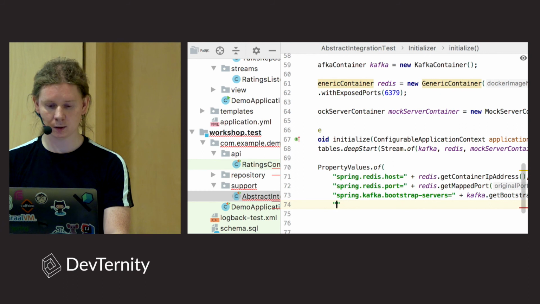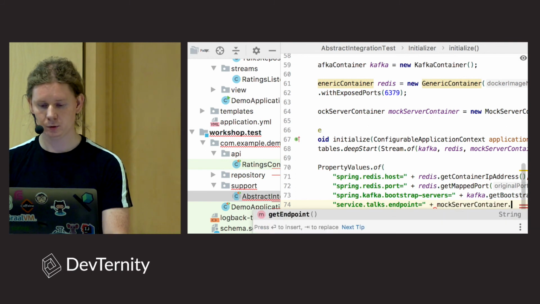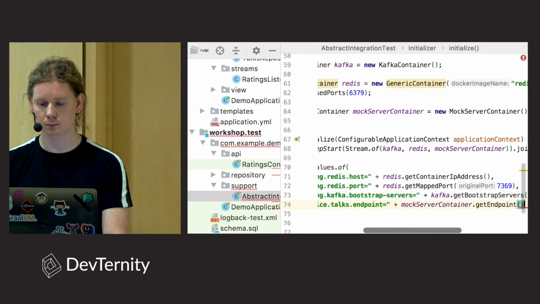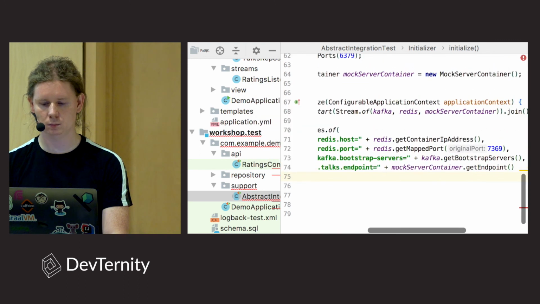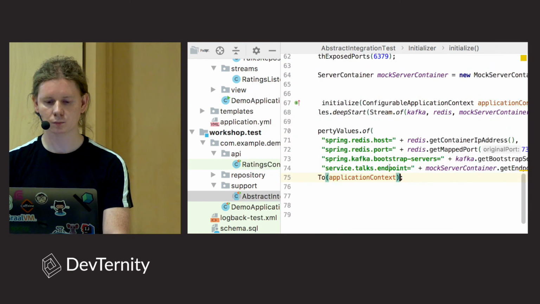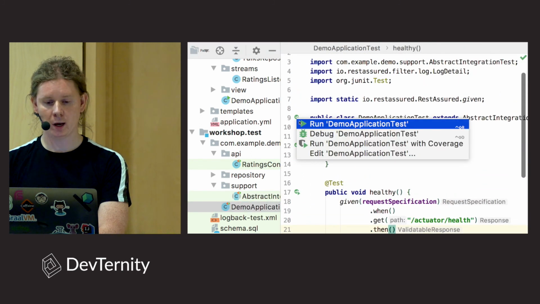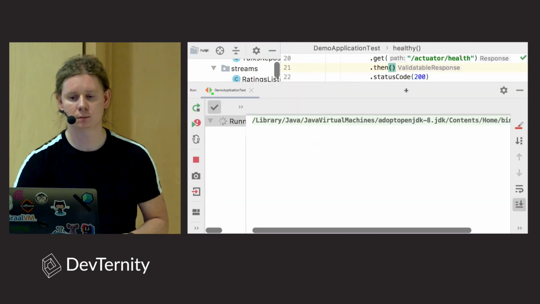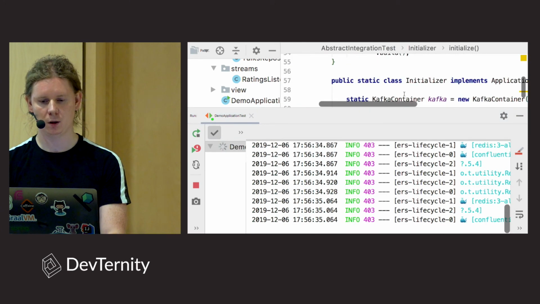And last thing, I need to set the endpoint for the talks service. In my case, it will be just mockServer.getEndpoint. And I apply this customization to my context. Now, if I run the test again, where I also check that it's healthy, my service is healthy,